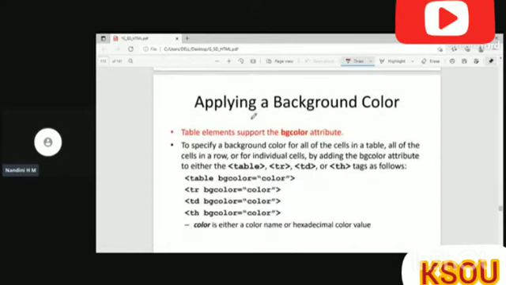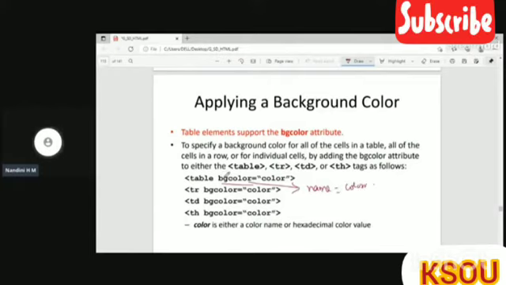Next, if you want to apply background color, at that time we have to use bgcolor. This is the attribute name and this is the color. So we can give a single color to the entire table, or else we can give a particular row a different color and a particular cell a different color.